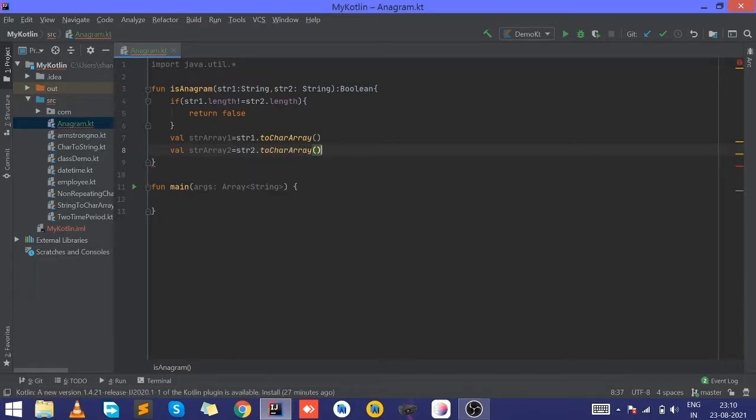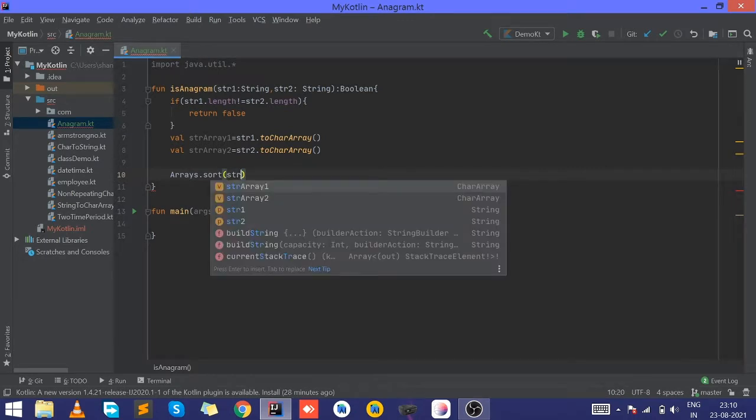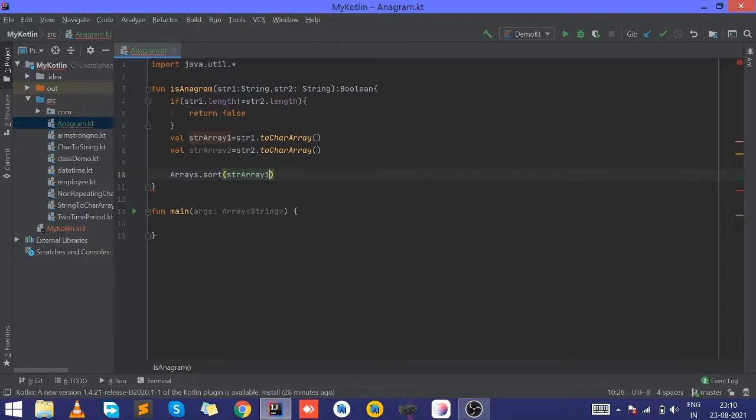And then we have to sort both arrays with the Arrays keyword. We know the Arrays class, which we can use with the sort method. So we take Arrays.sort, which sorts our first array. Similarly, here for the second array.